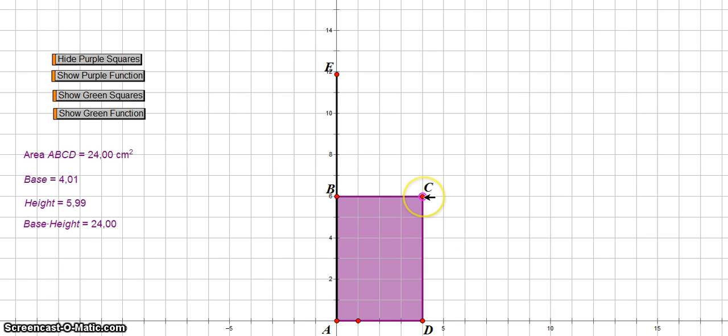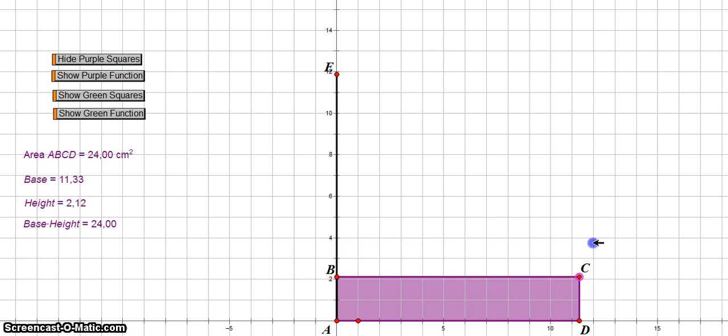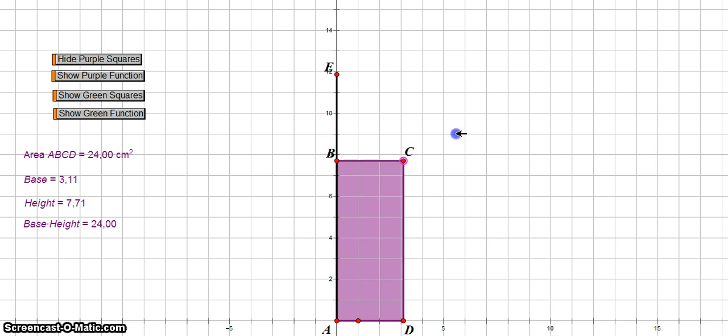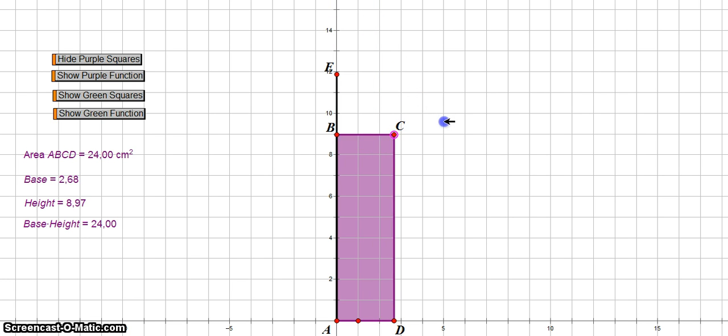Or you can keep on going until 6, which would then have a height of 4, and you will have infinitely many other rectangles, because the examples I have been showing you only consider whole numbers. But whenever the base is a decimal number, there will be another number that will help me get to an area of 24 centimeters squared. For example, look over here. If I have a base of 2.68 units, the height would be about 8.97